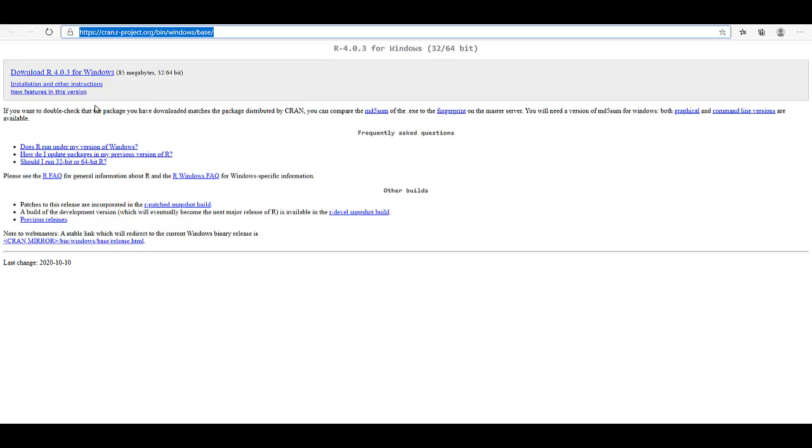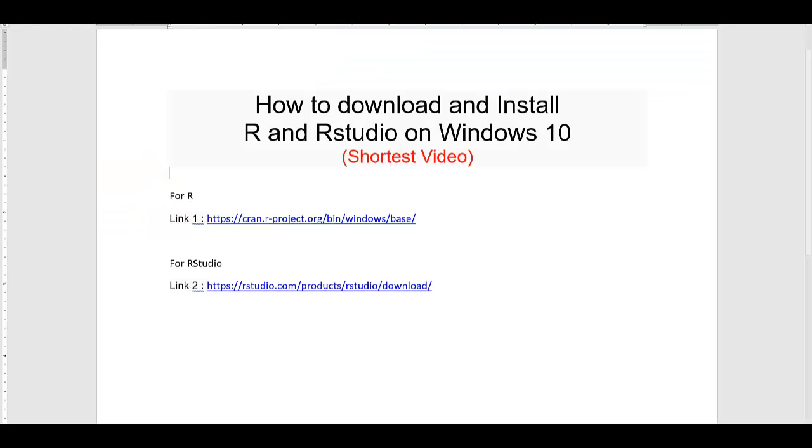This window will open. Then from this link, press this link and the software of the R will be downloaded into your PC, and from there it is just a matter of clicks. Keep on clicking and the R will be installed on your computer. Once it is installed on your computer, then go for RStudio, copy this link and paste this link into the browser